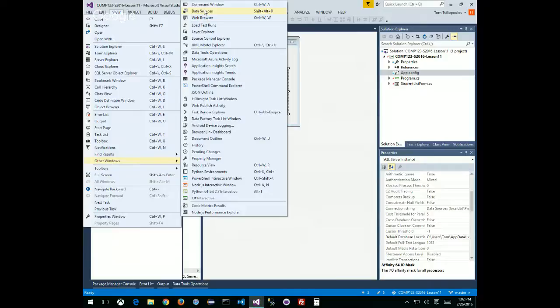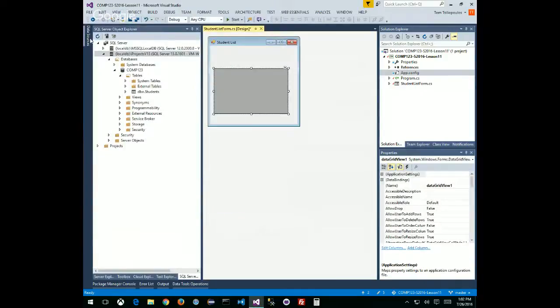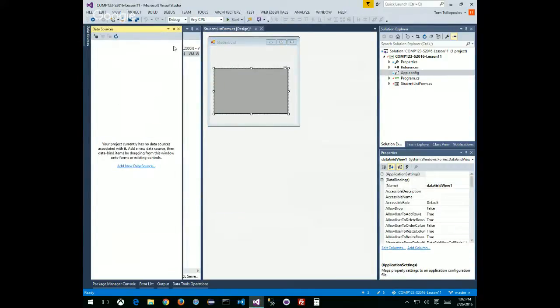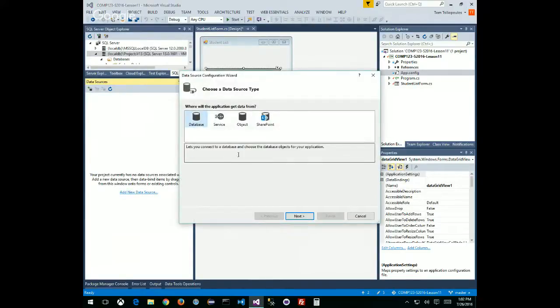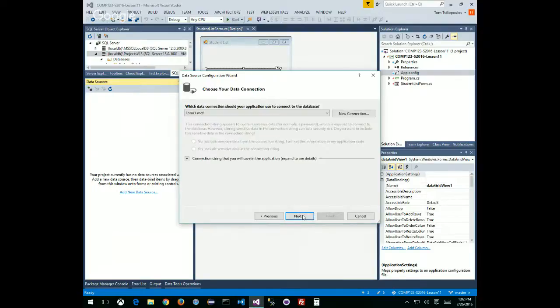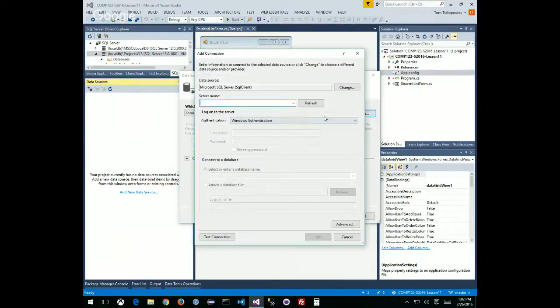Okay, that's how I got to it. Here's my data sources. Let's try this again from scratch. I'm pinning this up for a second so we can see it. So add new data source, right? I'm going to go to database, next, data set, new connection, and then from here it's local DB,